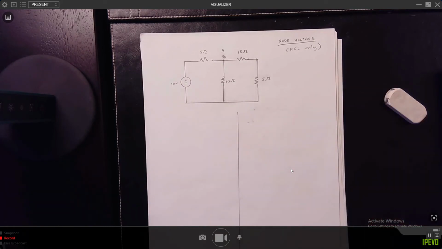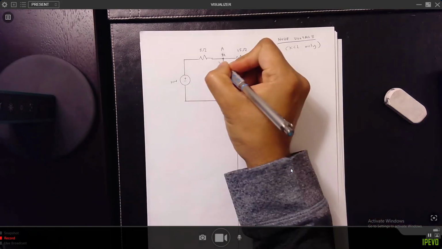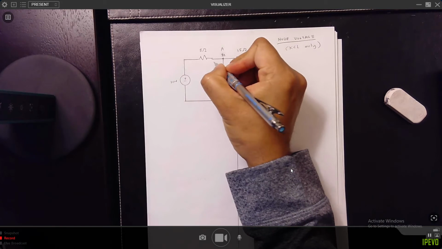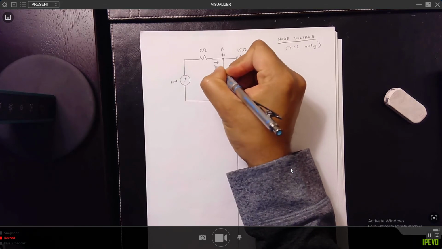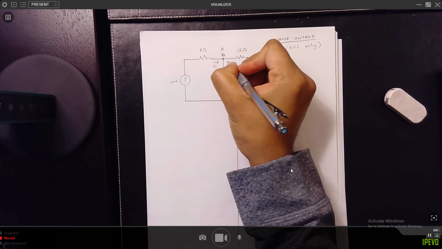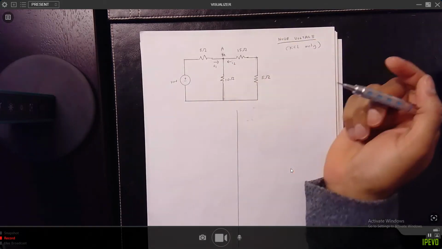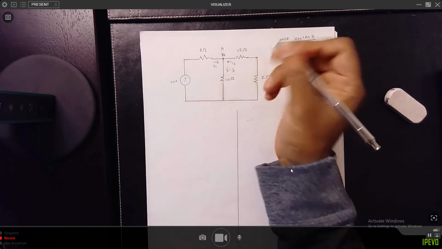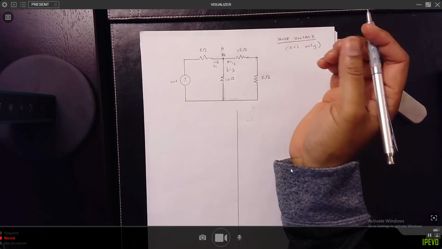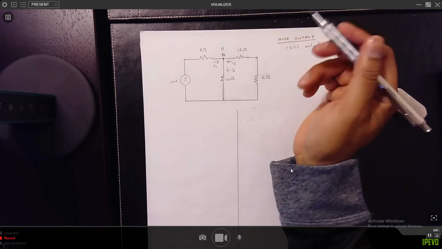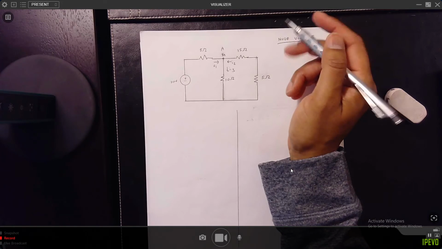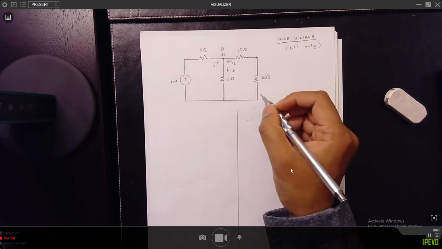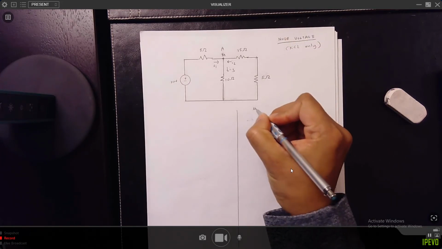Basically what we have to assume is a direction on the current to make our lives easier. We write I1 and I2. I1 and I2 are going to come in from the side, and I3 is going to go down. These are our assumptions. Now if we get a negative current, we'll switch directions, and I'll show you how that works. So first thing you want to do is at node A,